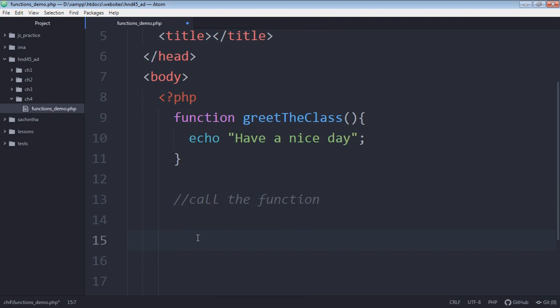To call the function, you simply mention the name of the function along with opening and closing parenthesis and a semicolon, like this. So you say greet the class, open close parenthesis and semicolon. This is how you call the function. Since the function is not requiring any parameters, I am not sending any parameters. So I'll save the project,